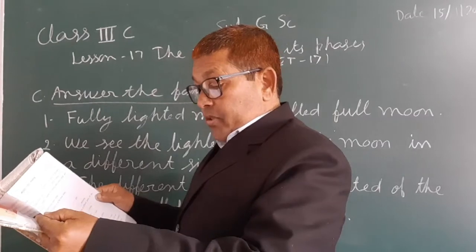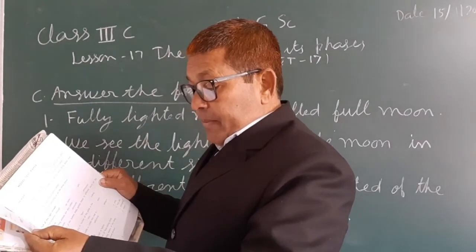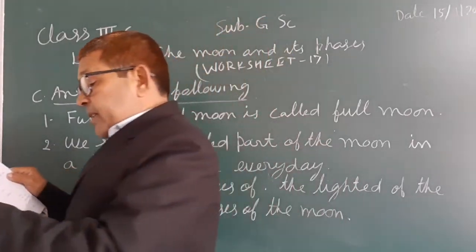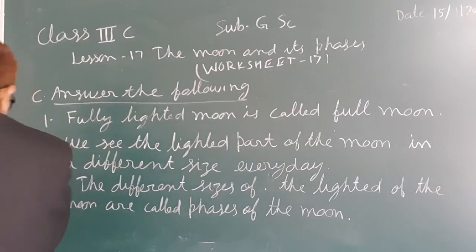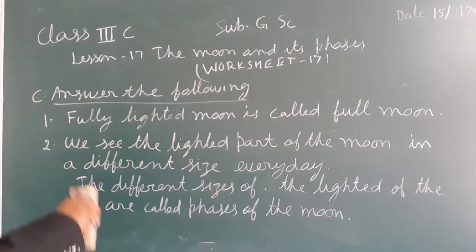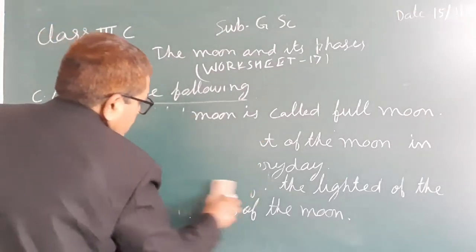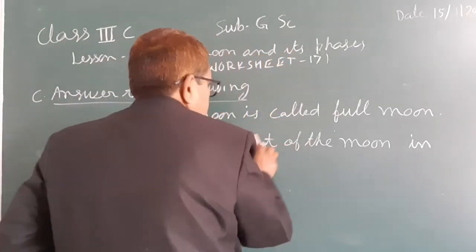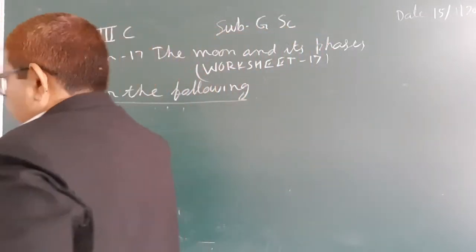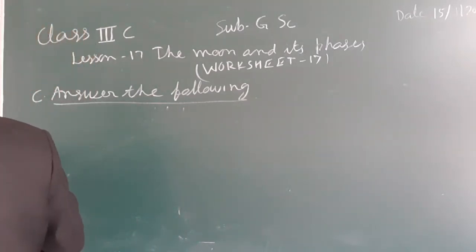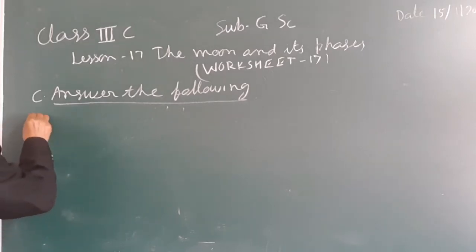Now, after the second question, third: differentiate between a waning moon and a waxing moon. So we can write the third question. Waning moon: decreasing of the